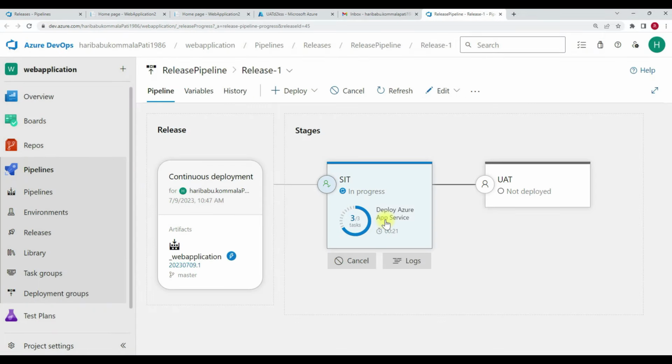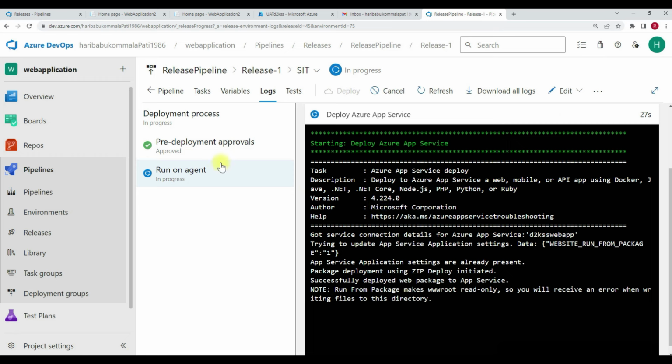So it is taking three steps. So it will go in a sequence. Here, if you want to watch the logs, you can watch the logs. So first step is pre-deployment approvals. Then run the agent. So the agent is doing the